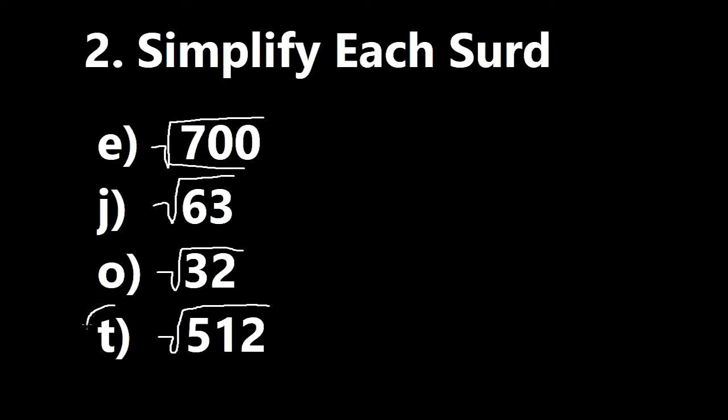Okay, so our last one now, we've got root 512. Now again, it doesn't look like the easiest one for us to do, but I'm going to go straight away and divide this by 2 to hopefully get it into a nicer number. Because I can see that it's even, I know that 2 is going to go in. 512 divided by 2 in the calculator. So let's put that in now. We get root